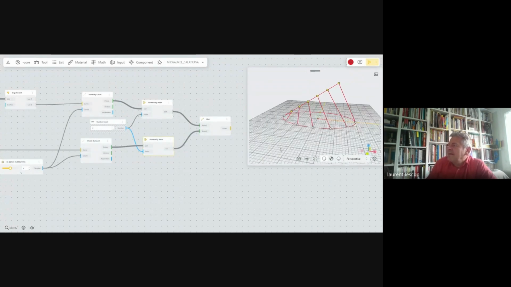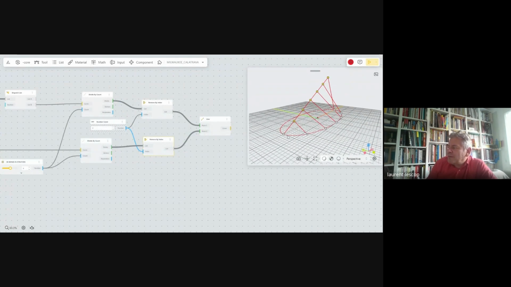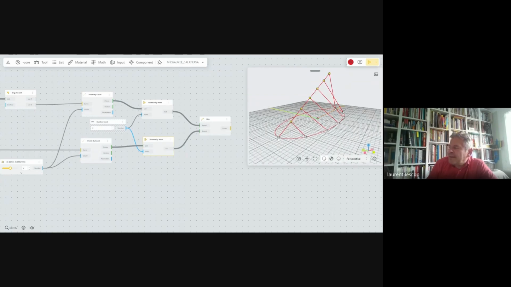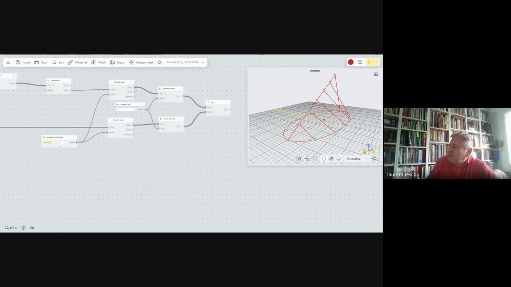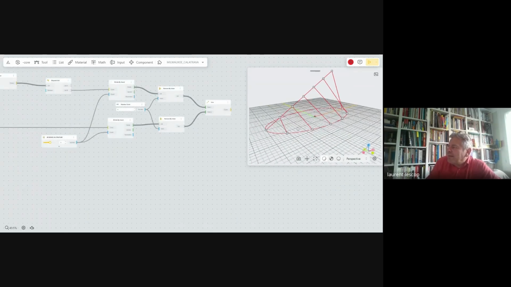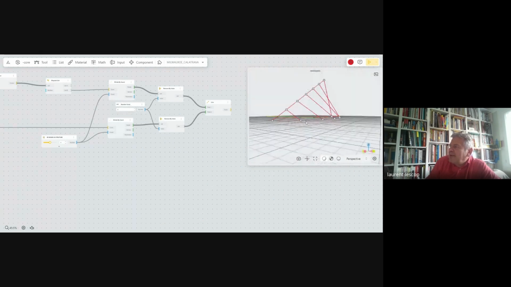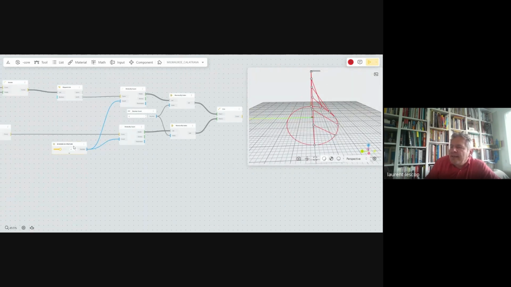And now it does. And the reason why was because the first point of the curve was exactly at the same place as the first point of the line. So we could have a kind of null line. Sometimes it works, but there it does not. So it is better to remove the first point and then carry on this way. Okay, so we've got this side already.